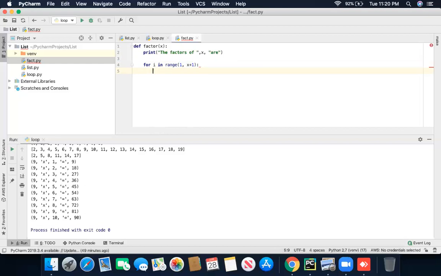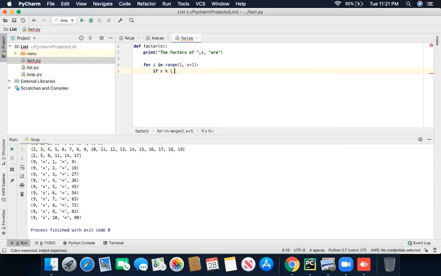Okay, now I'm going to use an if statement. Why? Because if my factor of that specific number exists and its remainder is equal to 0, then the factor will be displayed on our screen. So I'm going to use if x modulus. You just have to press option and 5 to get the modulus.